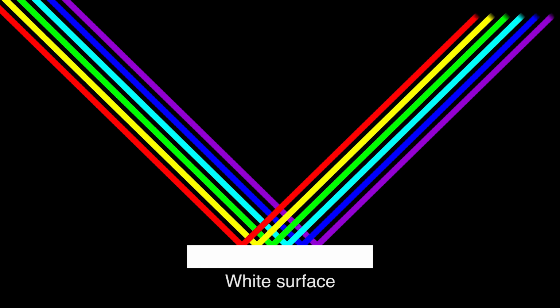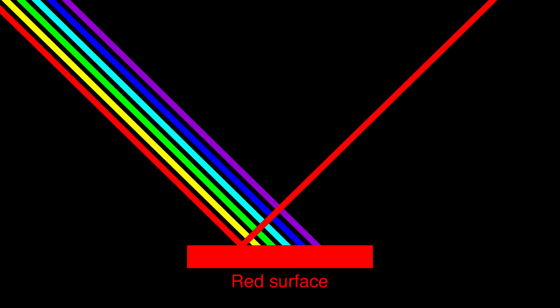A material that reflects all wavelengths of visible light appears white. If the color of the surface is anything other than white, it absorbs light of some of the wavelengths. So for example, a surface that appears red appears that way because it's absorbing all the other colors other than red. So we can investigate how colors reflect light, and today we're going to do that with this great setup